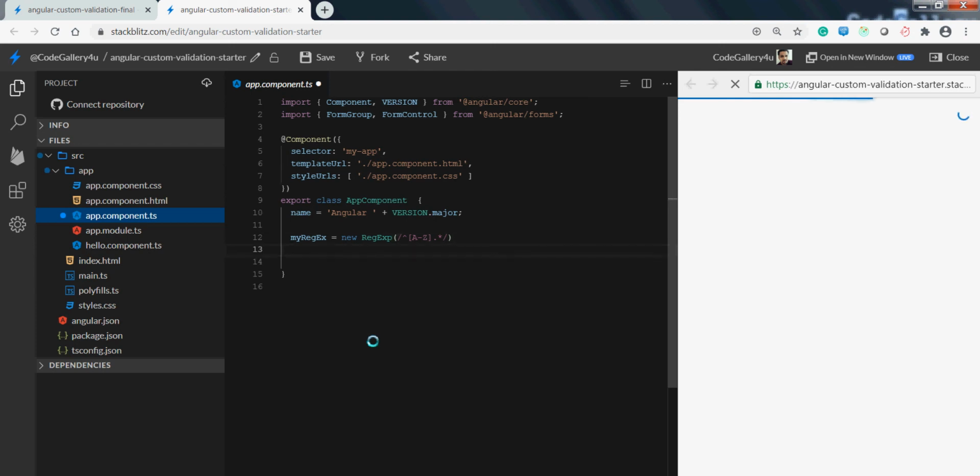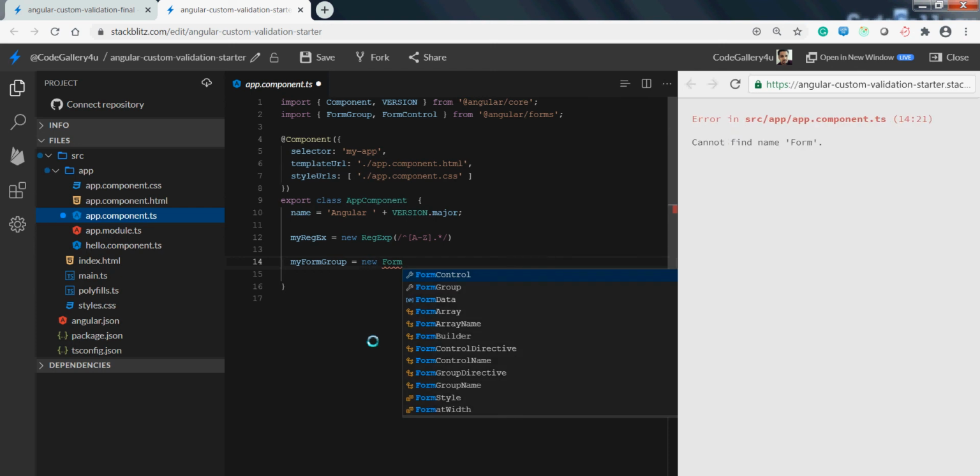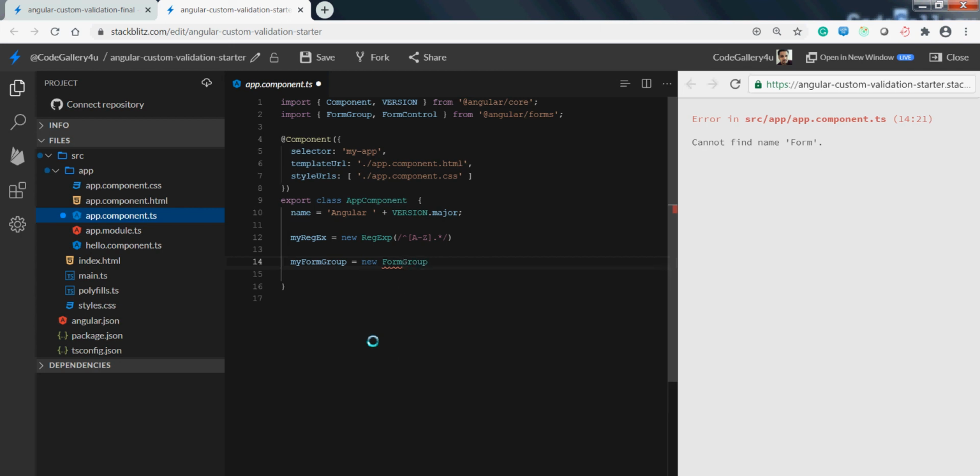Now we need to create a form group. I'm going to name it myFormGroup. It should be new FormGroup. You can take it from this IntelliSense. We need a form group, yeah, this one. Now this form group will contain a form control.